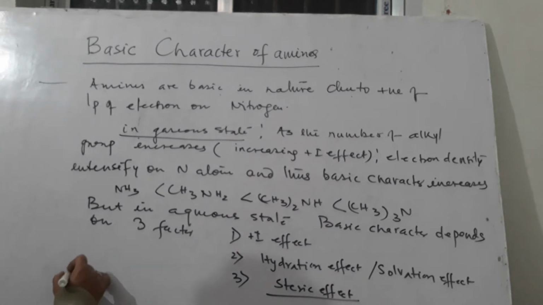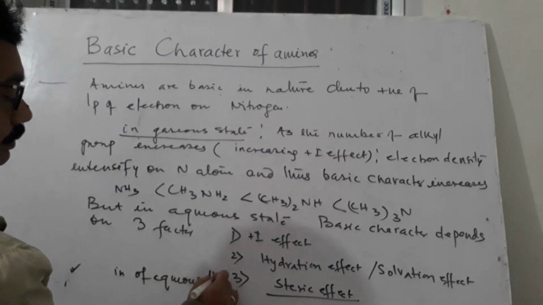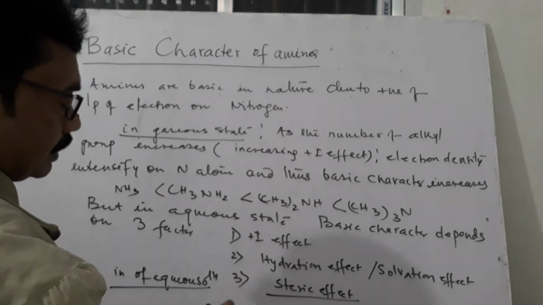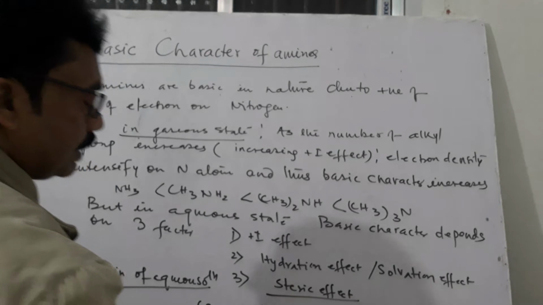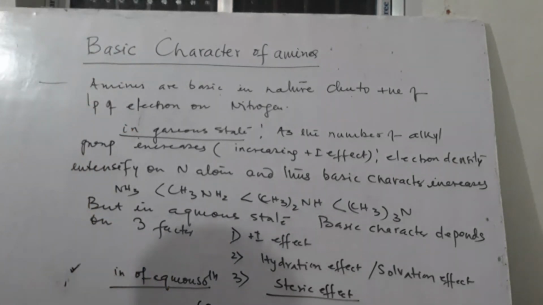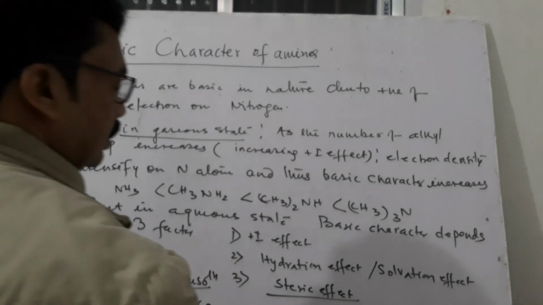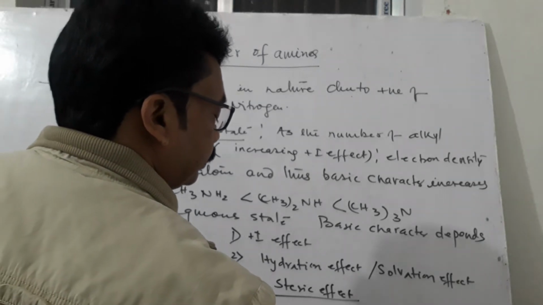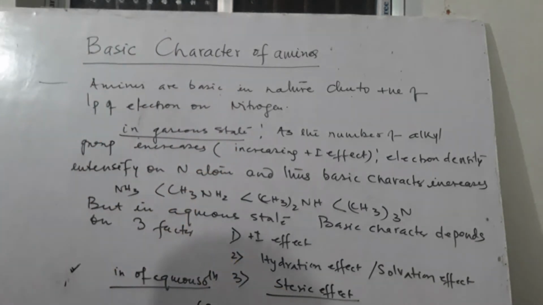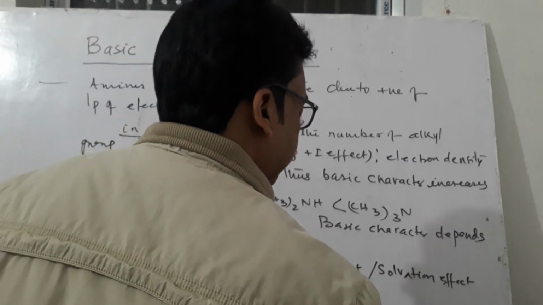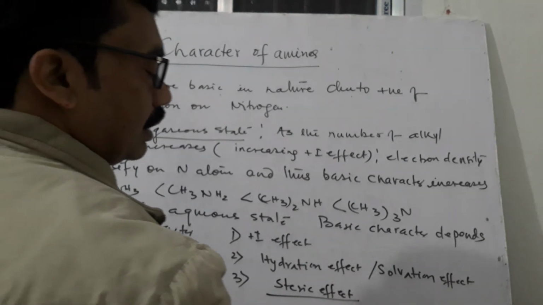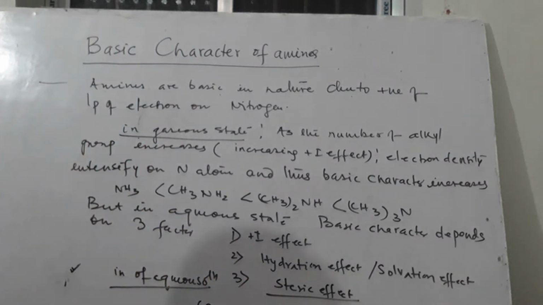So in the case of aqueous solution, we observe that the basicity of (CH3)2NH is greater than CH3NH2, which is greater than (CH3)3N. इसका मतलब क्या हुआ कि सेकेंडरी, तब फिर प्राइमरी, तब फिर टर्शरी। किस केस में? जब मिथाइल ग्रुप होगा तब, इन एक्वस सॉल्यूशन।